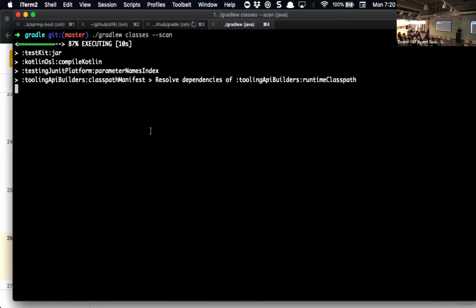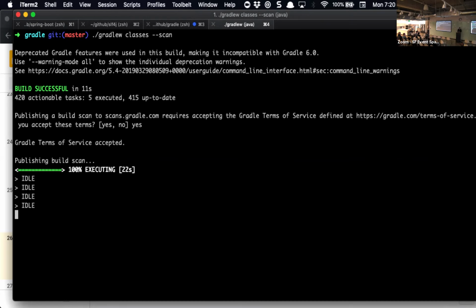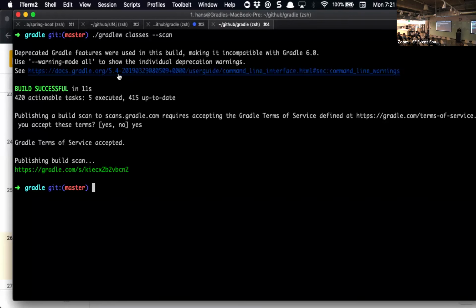So I run this now with --scan, and it's asking me, publishing a build scan to scans.gradle.com requires accepting Gradle terms of service, right? We want to make sure that you understand we upload something here. So I say yes, and then what you can see is this URL at the end of the build, right? And if you click this URL, it takes you to the build scan,